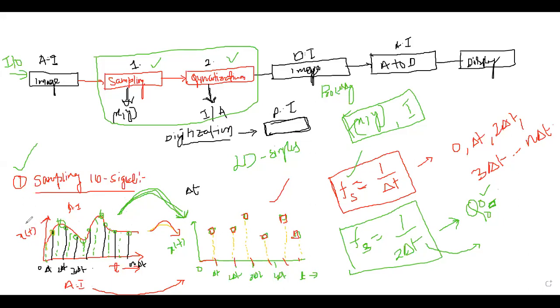This is my signal x of t in the time domain t. Now I have to convert it to a digital signal. How is sampling done? Instead of considering the signal at every point, I will take points at intervals of delta t, which corresponds to the sampling frequency, denoted by f of s. It is nothing but 1 by delta t. So delta t can be any sample value; it should be appropriate and should not be very large.